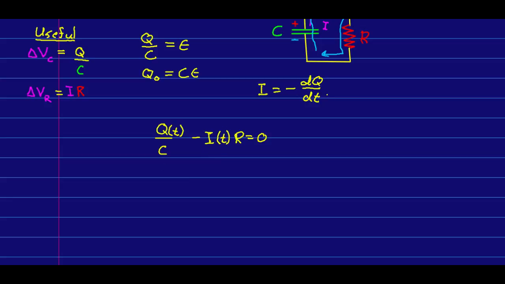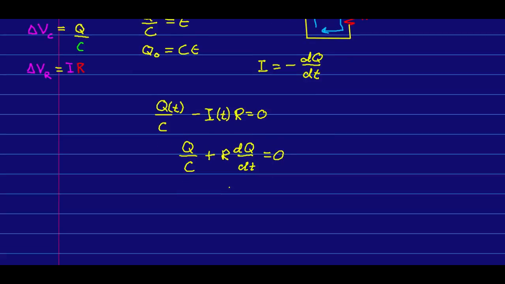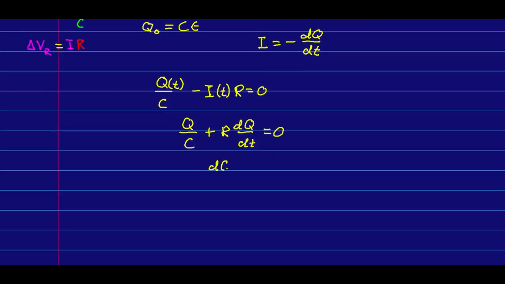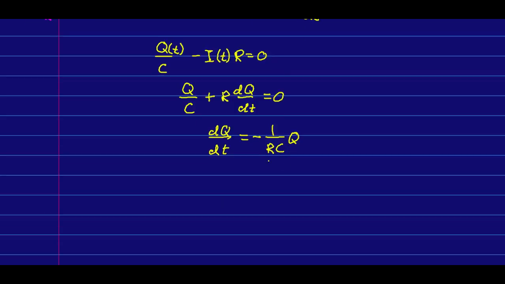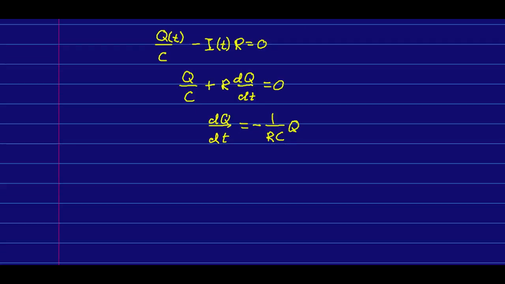So now let's solve this. Notice that since that I is dQ by dt, or negative dQ by dt, I can write this all this way. And that is a differential equation. I'm going to just rearrange it a little bit, which perhaps looks a little intimidating since most of you haven't learned differential equations. But note, again, this is a simple one, just like the one we met last term for simple harmonic oscillators. It's a different equation, and it has a different solution,